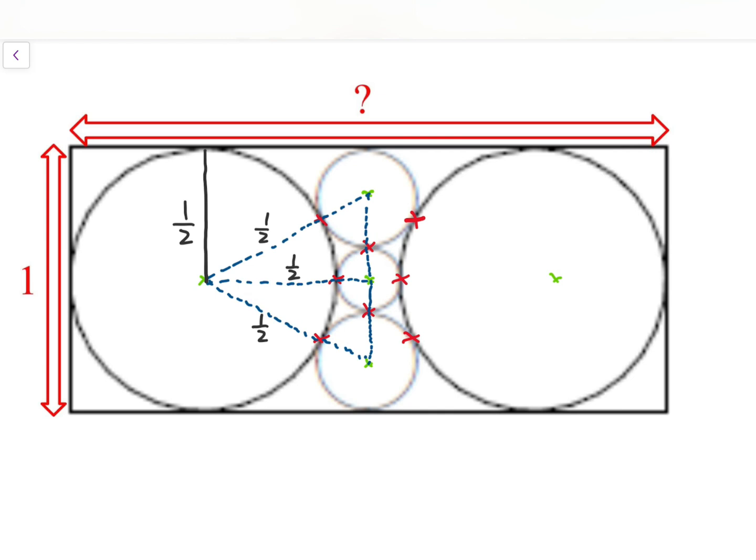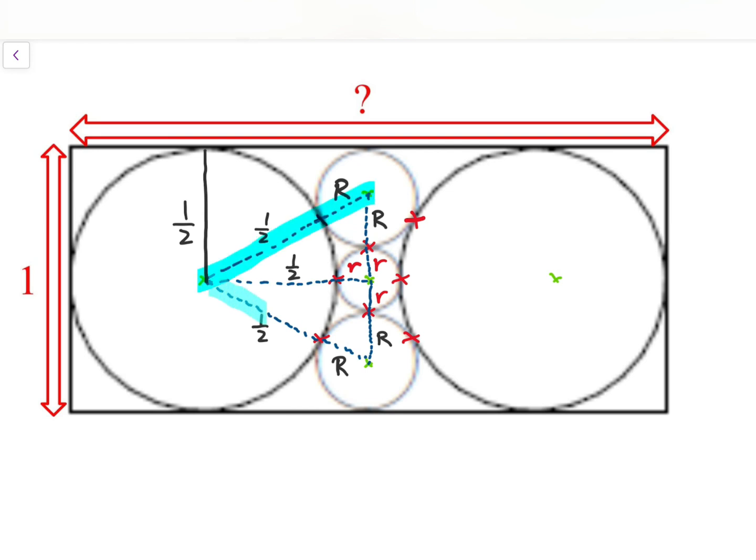Then we have 2 types of circles in the middle. I'm going to let big R be the radius of the larger circle, which are these. And small r, let me use red perhaps, small r as the radius of the smaller circle. I've labeled them. Now we have an isosceles triangle because